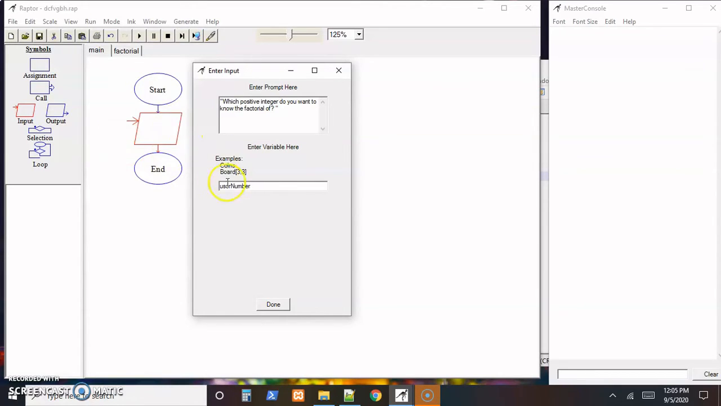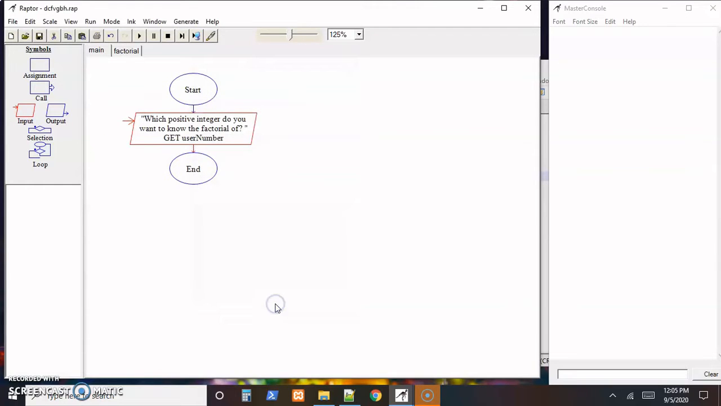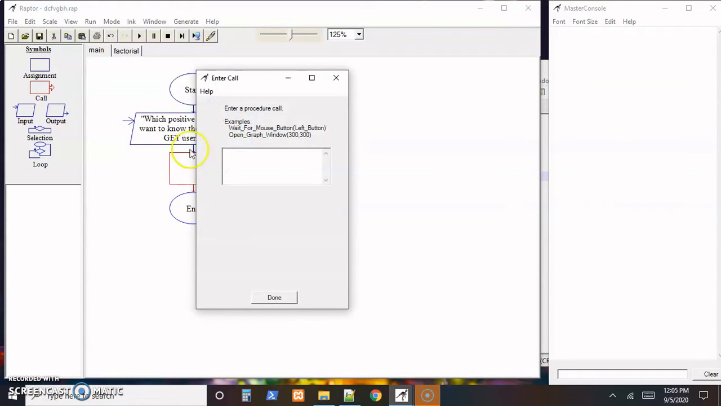We'll store what they give us in a place called user number. Then once we have that, we can ask for the factorial of it. So we'll go to the call statement, and then we'll ask for that procedure we made, which is called factorial, and we're going to send in a number. Well, we're going to send in that number we just asked the user for,